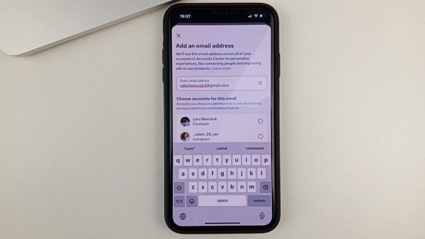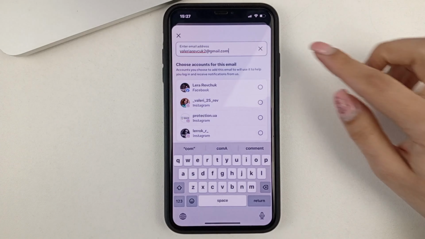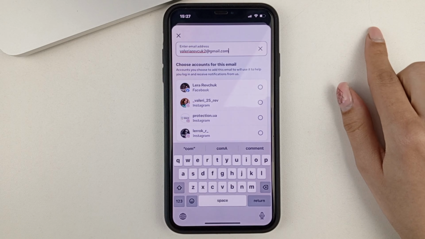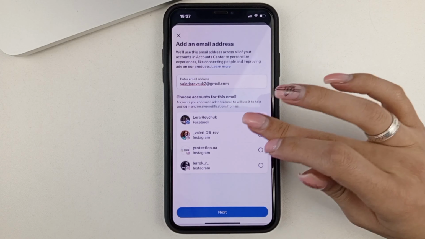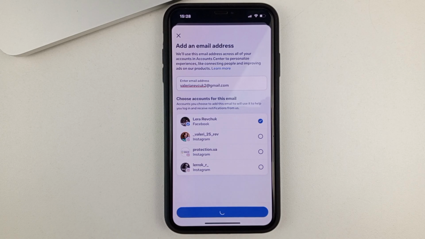Once you enter your new email address, you will select Facebook to which you will link the new address. Now we're going to click Next.